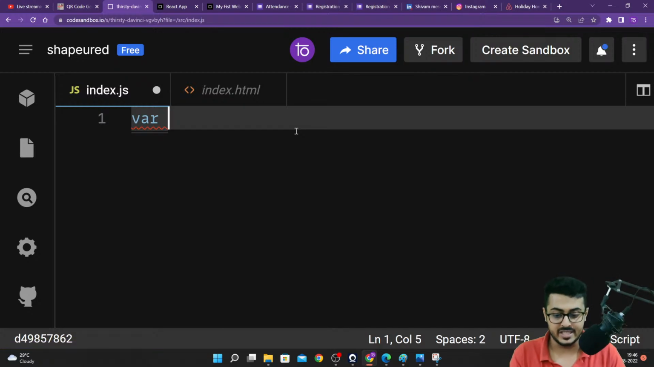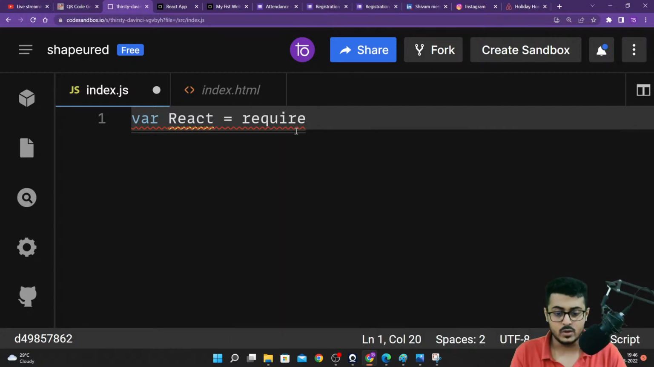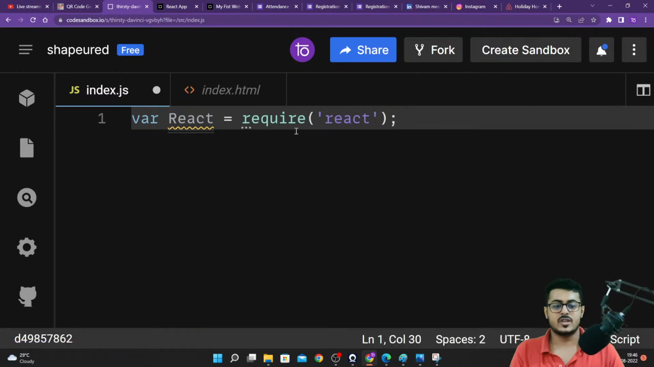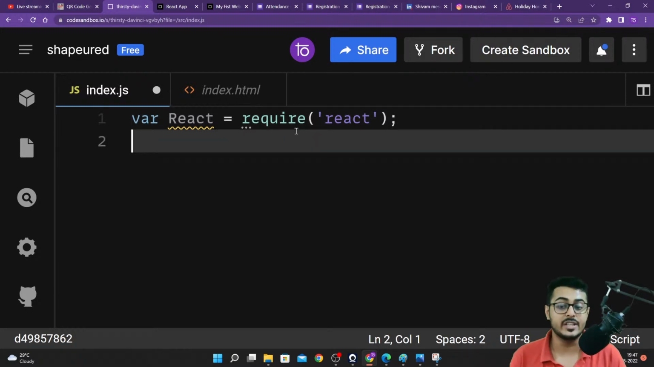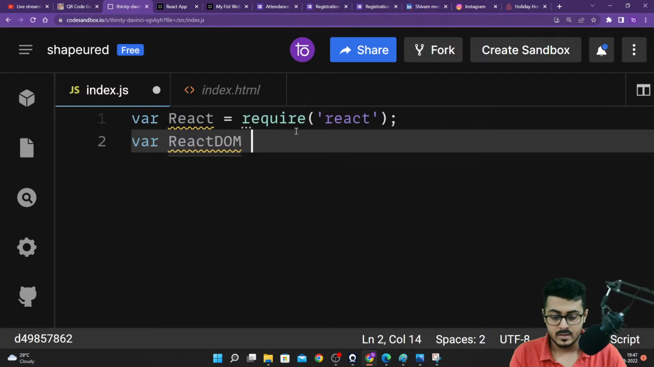We are going to create a variable called React equals require. Okay, require, then parenthesis React. So you're basically telling JavaScript that this particular piece of code that you're writing requires the React dependency that you have already installed. Okay, so this is the first line of code. The same thing we need to do for React DOM as well. So var ReactDOM equals